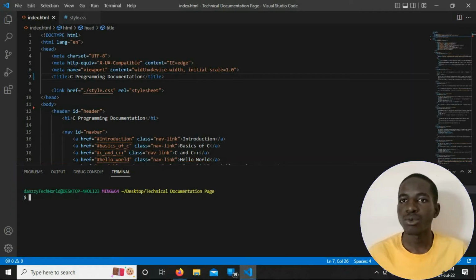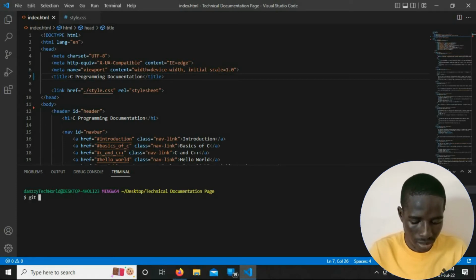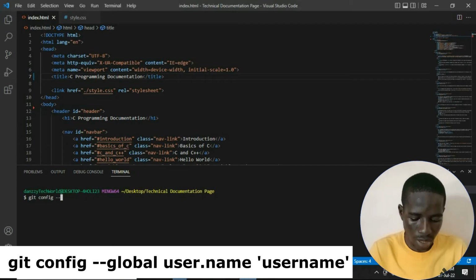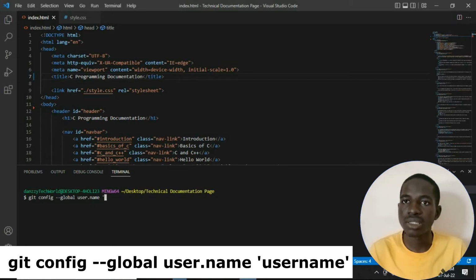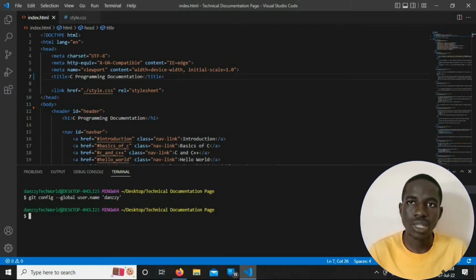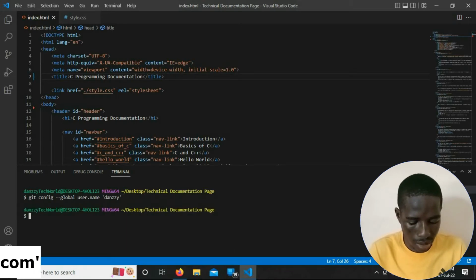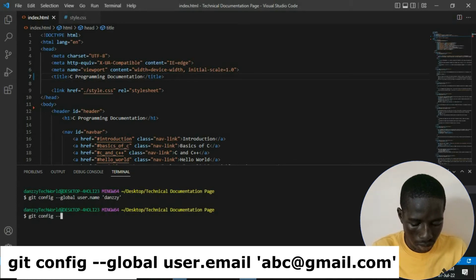Alright, and whenever we are working on a project and want Git to keep track of the changes, we first of all need to let it know who is using it, and then the email address of the person. So I'll have to do that, then we can start from there. And we do that by typing git config --global, then user.name, and then you enter your username. So I enter Danzzy, and then I press enter. We also need to enter our email address, so we have git config --global, then user.email,